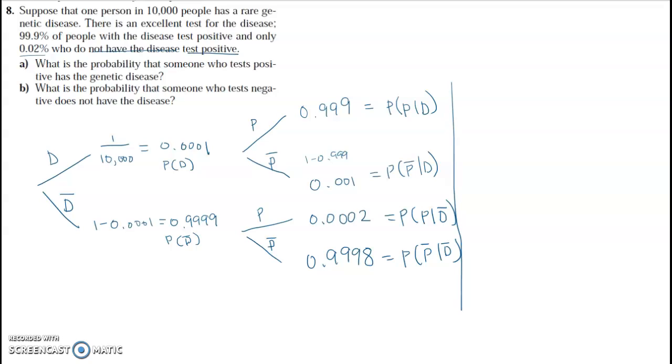Okay, so let's utilize this tree. And part A, we have to find the probability that someone who tests positive has the genetic disease. So this would be P of D given positive. We would have to use the Bayes theorem, and let's write this out. Just using the definition, this would be P of positive given disease times P of disease, all over the same thing, plus